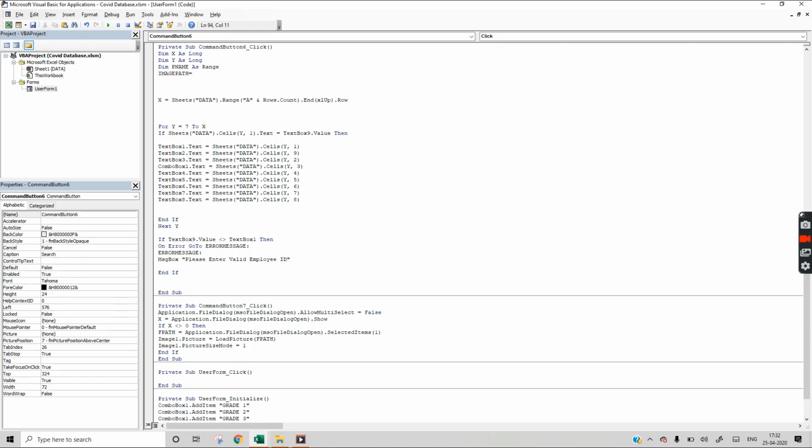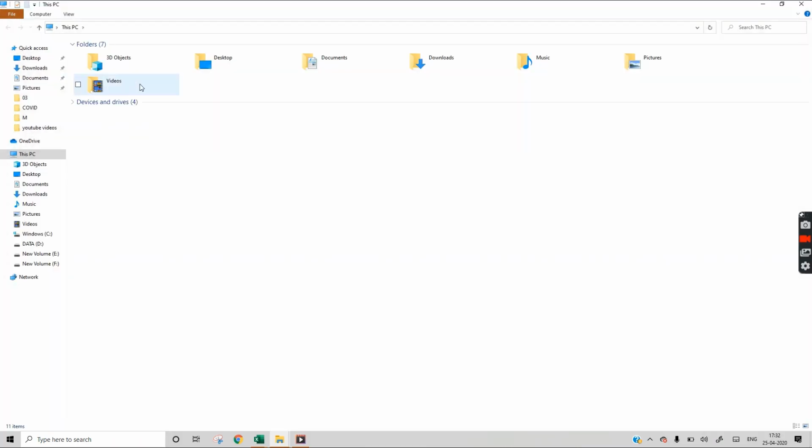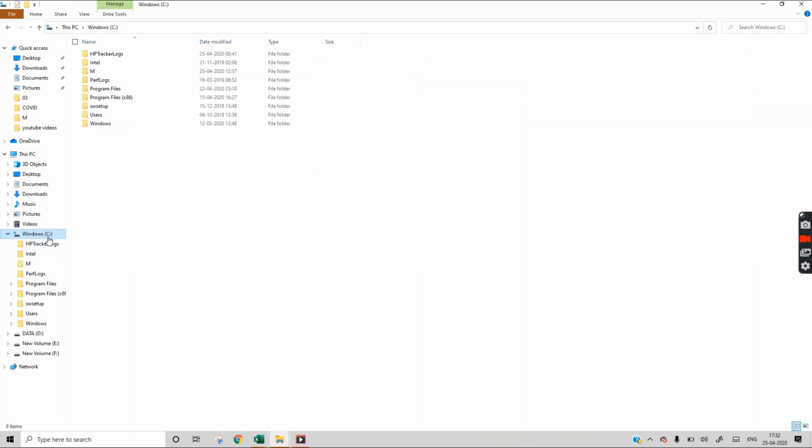You have to write the image path, where you want to save your photo. So let's see. I will save my photo in C drive, in M folder.